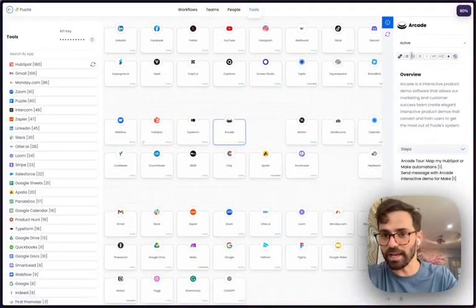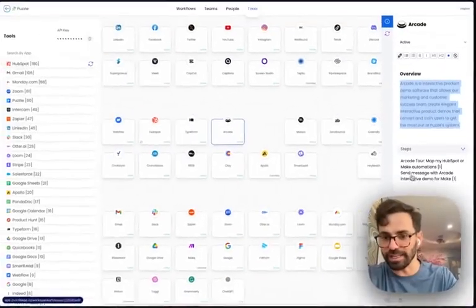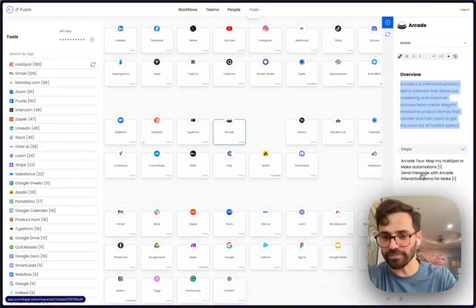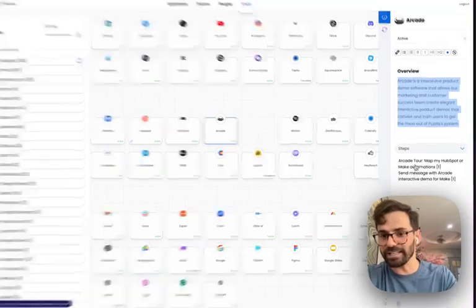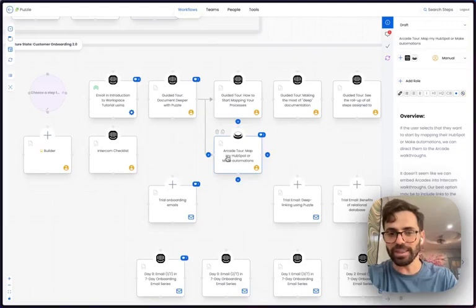So you can see for Arcade, we use Arcade as an interactive product demo software, and it's used in these two steps right here. And so these are linked. And the reason why they're linked is because this tool, Arcade, is tagged on the step. And so that's what gives Puzzle the relational database for your business operations